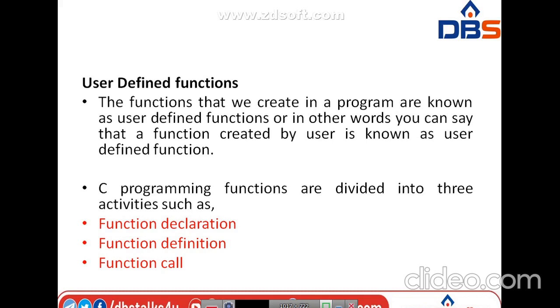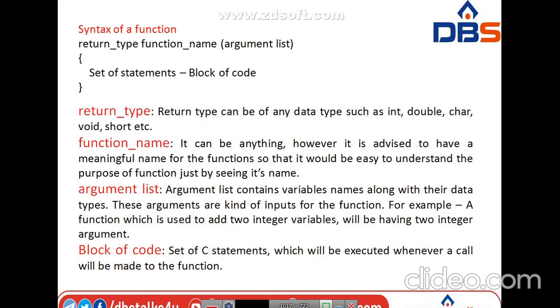Along with those, we studied the need of functions, like modular programming, reduction of source code, easier debugging, and code reusability. And the differences between user-defined and predefined functions. After that we studied the three elements of user-defined functions: function declaration, function definition, and function call, along with the syntax of a function,